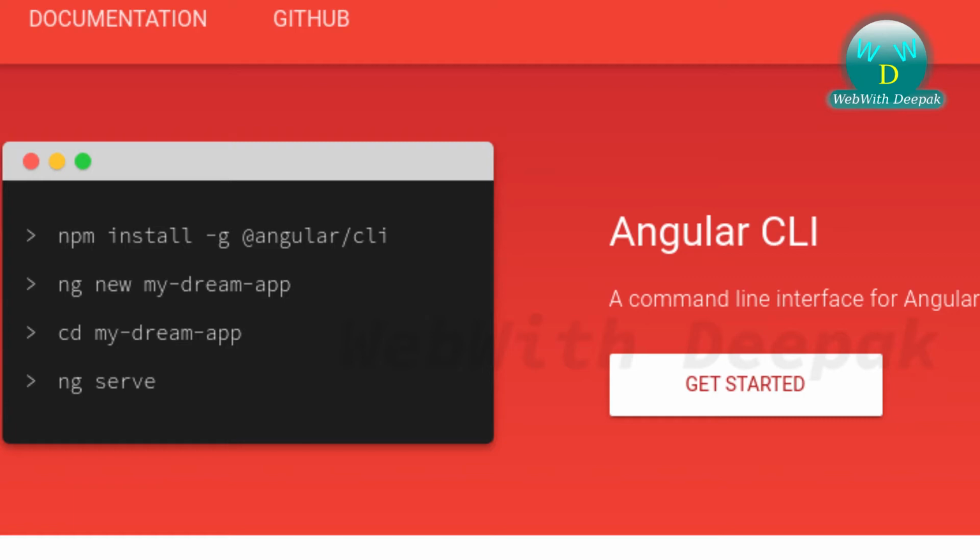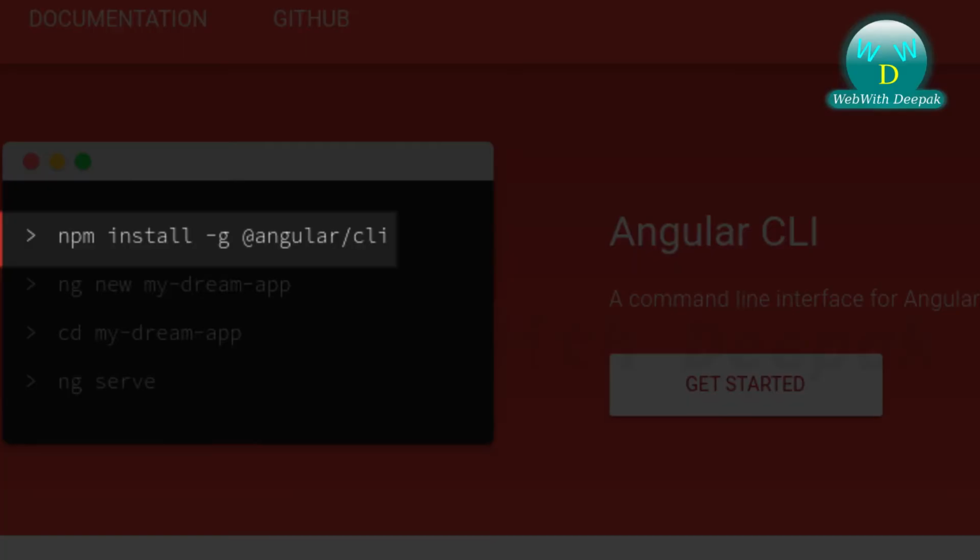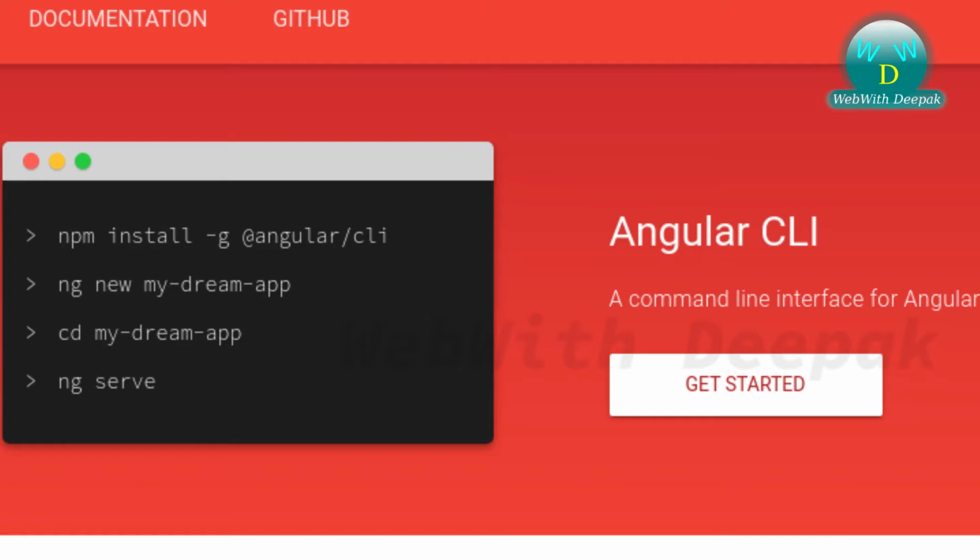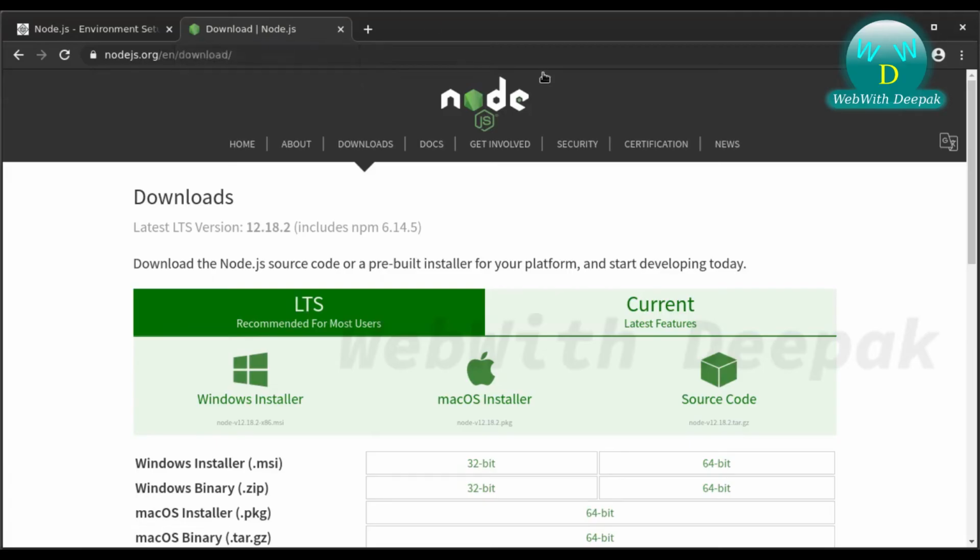Now take a look at the installation instruction. You will see that we can install it by using npm on command line. This strange npm command is not a default system command. Instead, this is Node Package Manager. So we require to install Node.js, which is a server-side language. Now let's head over to the Node.js web page, and here you should download the latest version.